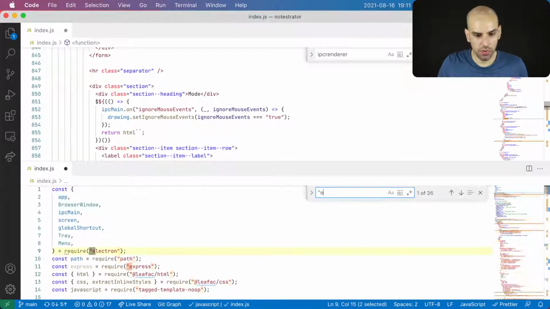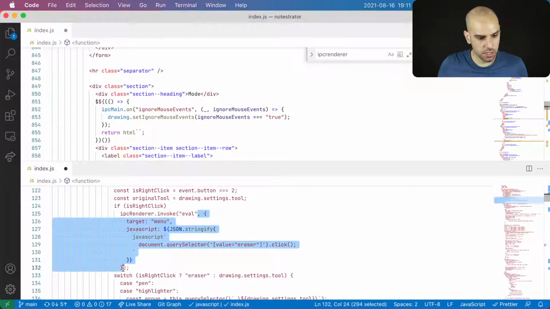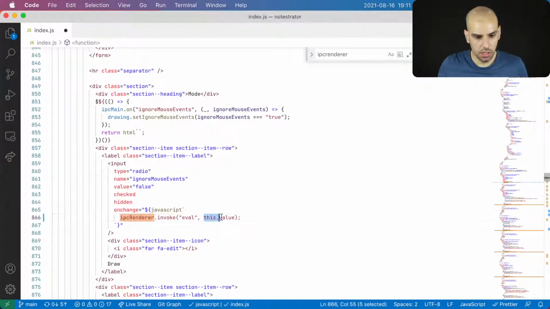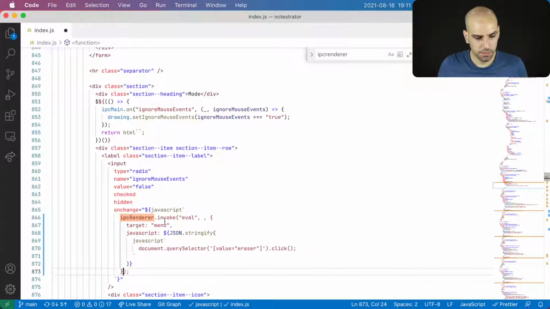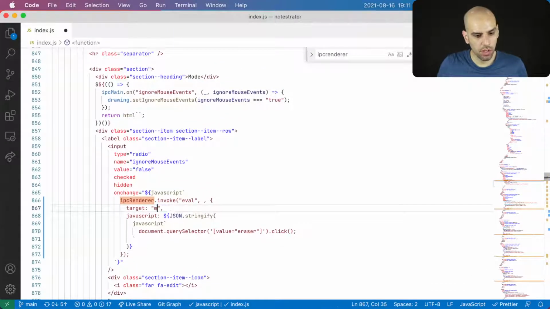And let me search for eval somewhere. And I guess I'll just copy this. And then over here, I want to change something. Well, I want this to run on the main process. And the code that I want to run is something similar to this, but not quite. So I guess, what did we have here? We had